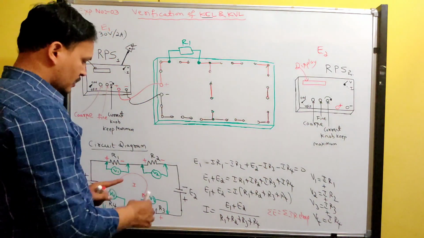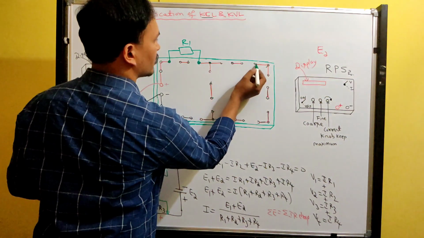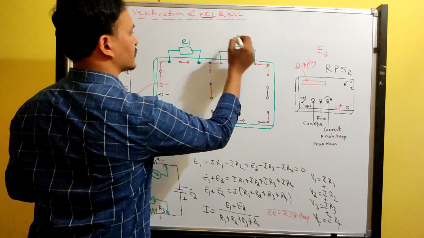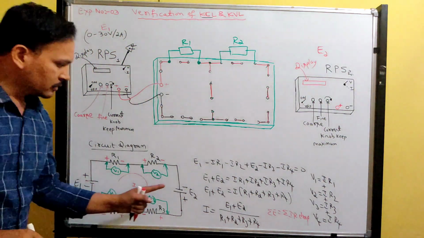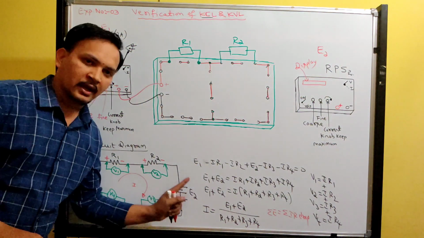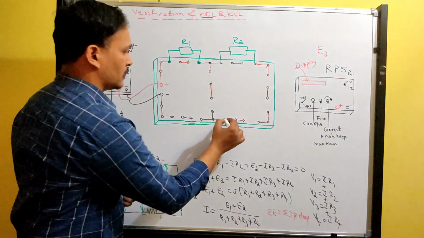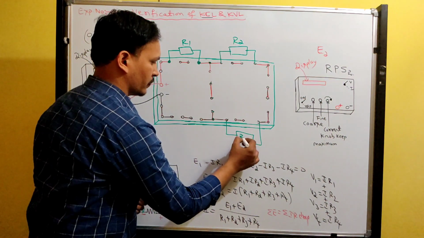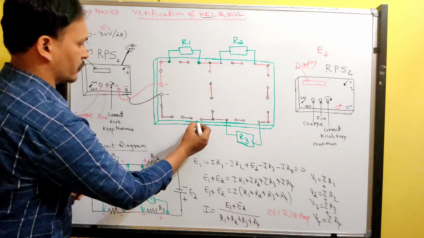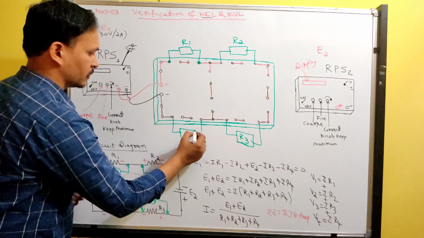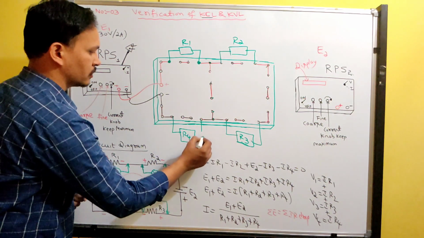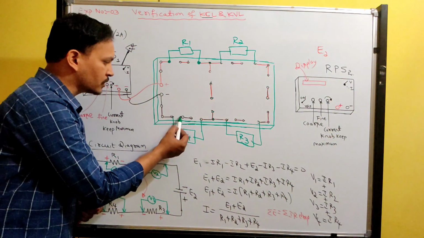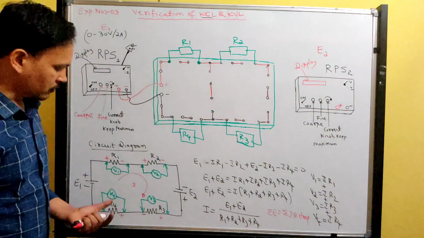Okay. So next, R2 resistor. I am connecting from here to here. R2 resistor I will connect from there to there. Then the EMF source I will connect later. Next, R3 resistor. I will connect from here to here. Then R4 resistor I will connect from here to here. So if you connect from here to here, then obviously you should join these two, otherwise it becomes an open circuit.